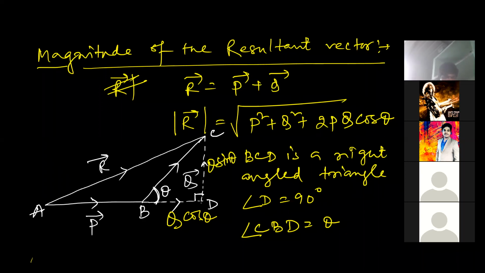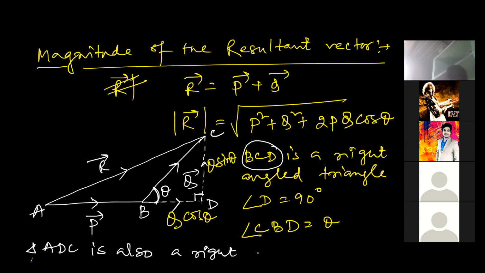Now I can proceed. Can you say that here the total right angle triangle, you can take that BCD is a right angle triangle, right? You have taken BCD as a right angle triangle, but if I am saying that triangle ADC is also a right angle triangle, is it wrong? Triangle ADC is a right angle triangle, I am saying. So is it wrong or right, with respect to the figure you have drawn in your copy?